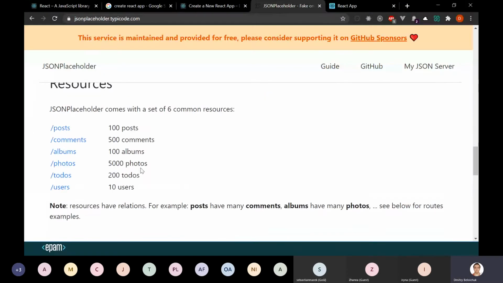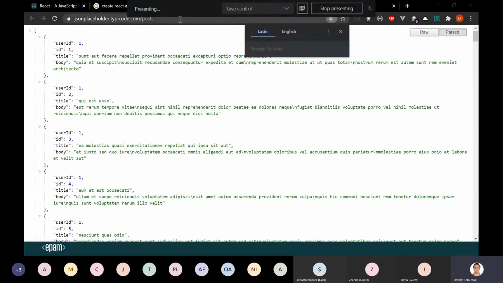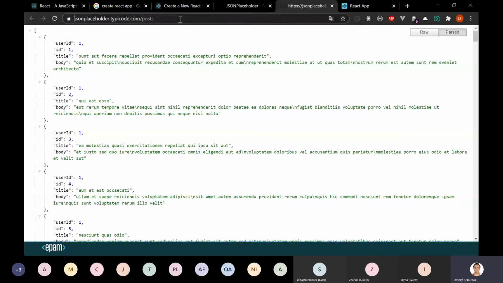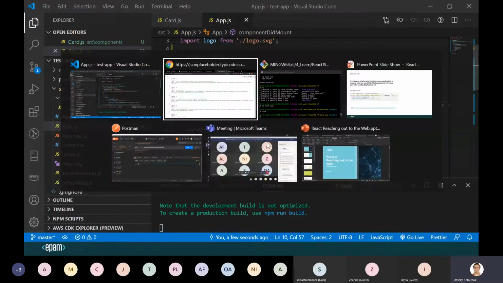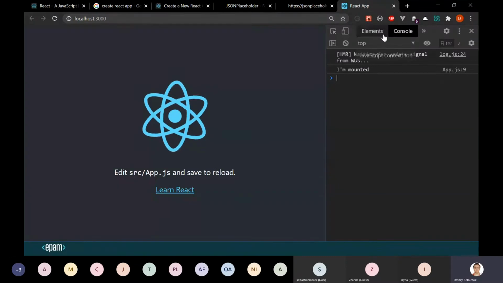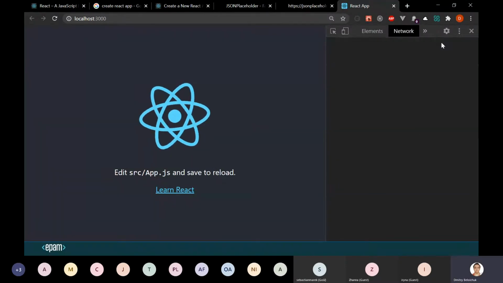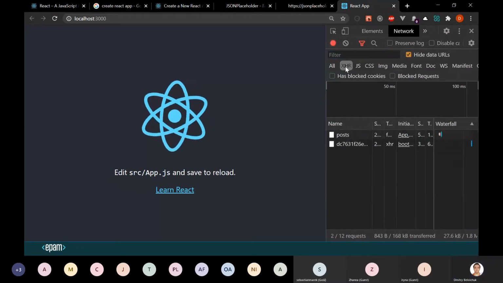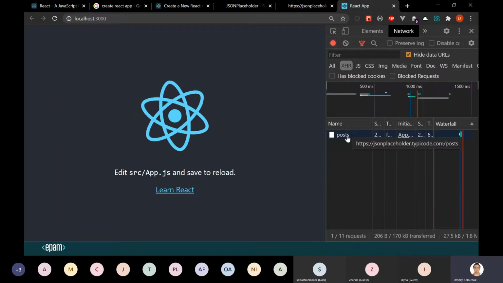And if I were to go to, for example, posts and make that GET request for the posts in that componentDidMount method, I would see nothing. Actually, I didn't render anything to the screen. So let's see the network, and I will filter for XHR, and indeed you can see that I'm making that post